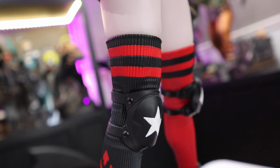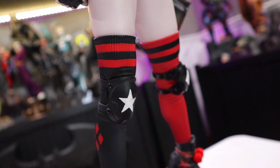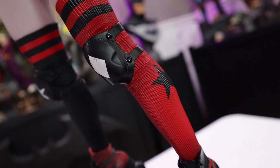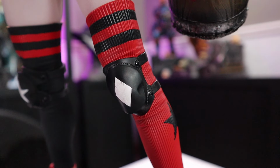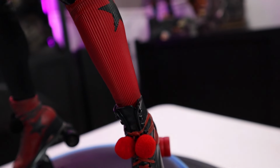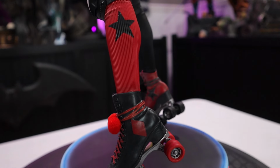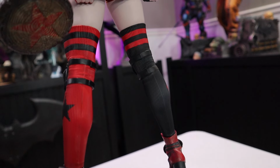And then, of course, she has those incredibly sexy thigh-high socks. The black and red, and then on the other side, the same thing. But this side has the star, and again, those knee pads are just really good. Of course, the star and the diamond, but look how good that looks. I mean, it looks like real socks, and that, of course, goes all the way down to the ankle. Oh, I love it. I just love it. There's even some fabric wrinkling toward the ankle, which looks good, and it looks good from the back as well,